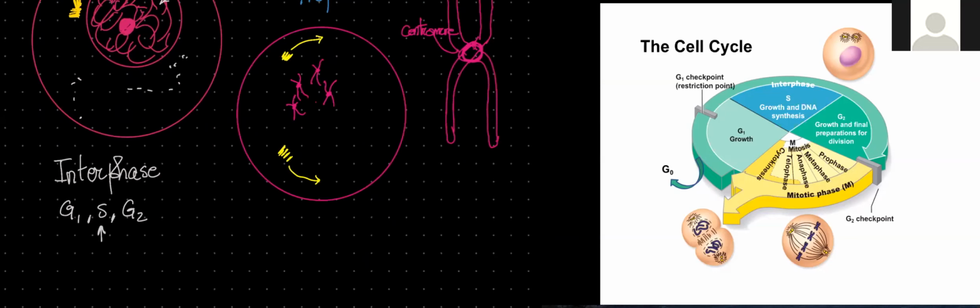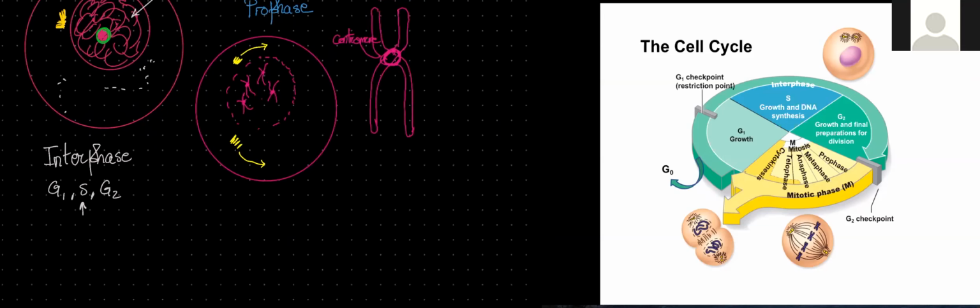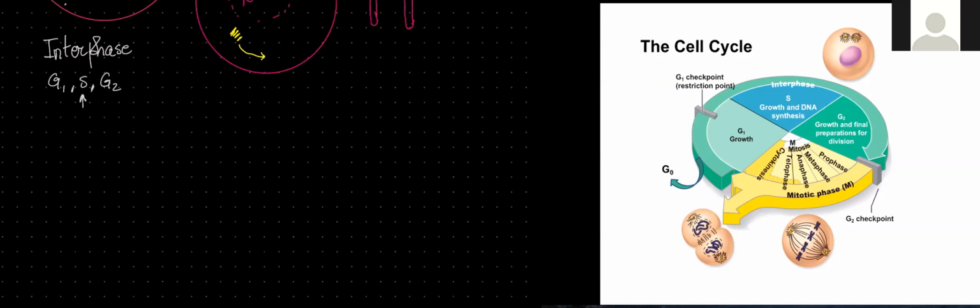This is early prophase. Also, what happened is here, the nuclear membrane was broken down, and the nucleolus here did disappear. All this takes place during early prophase. During late prophase,